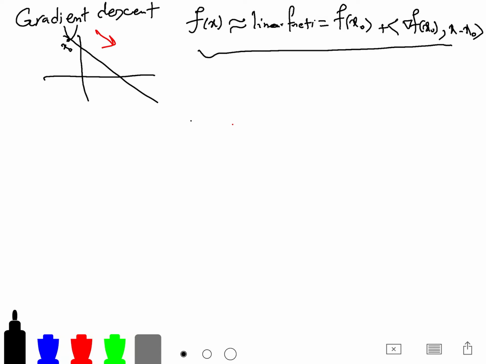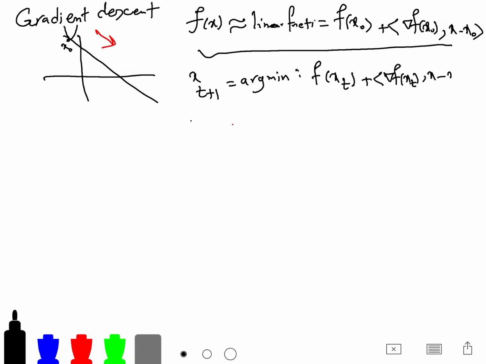So a good approximation. And our goal is to find the minimization of this linear approximation, which is f of xt plus inner product of gradient of f xt